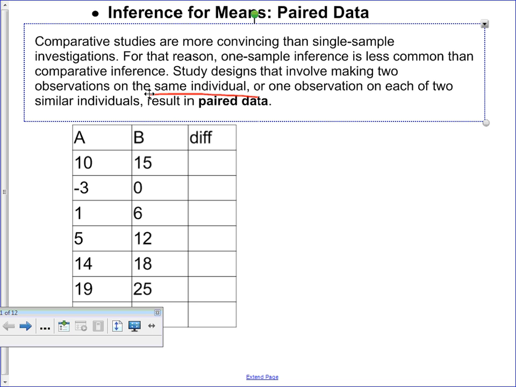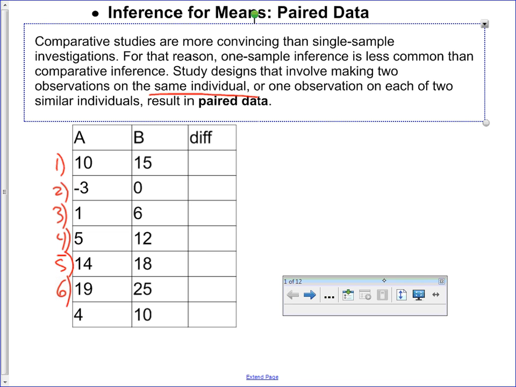So here's treatment A, here's treatment B, here's individual 1, individual 2, individual 3, individual 4, individual 5, individual 6. And so when we do hypothesis testing on data like this, what we're really looking at is the difference. And this is B minus A. And so while there may not have been a clear pattern in A or a clear pattern in B, a pattern will emerge in the difference, and we would use this data set